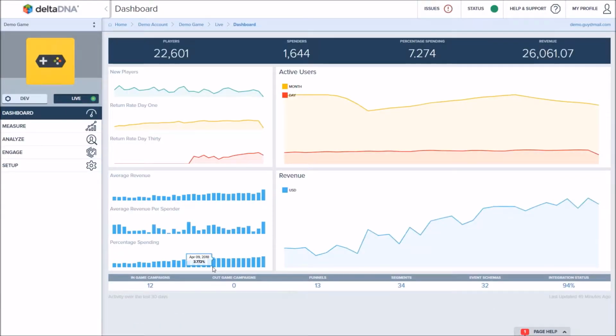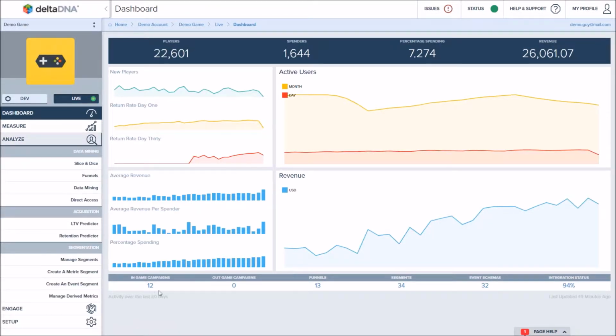The first thing to point out, and this is just a kind of cosmetic thing, that you may notice, you may not even notice it. We have changed the semantics and the naming around about segments a little bit, just to maybe make them a little bit clearer. You always did have two different types of segments you could create. We've just changed the names of those to make it clearer. So where you used to know of segments and target lists, we're now referring to them as metric segments and